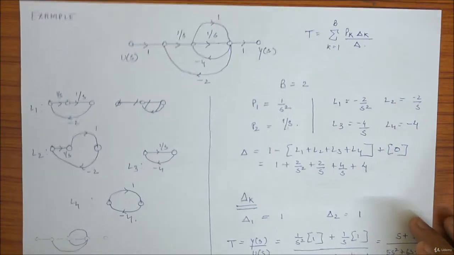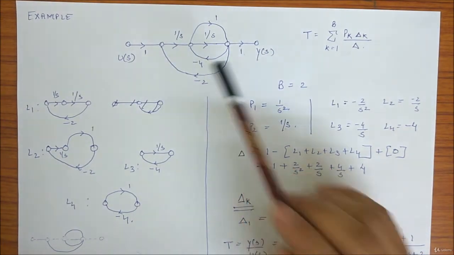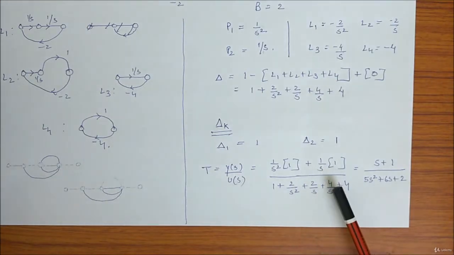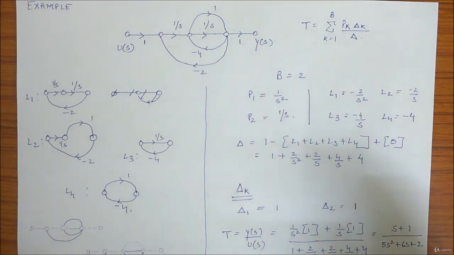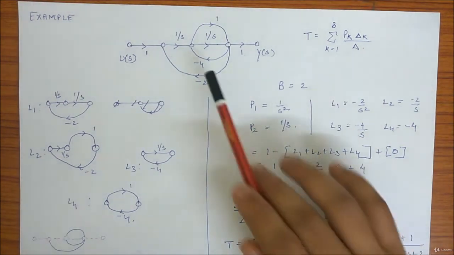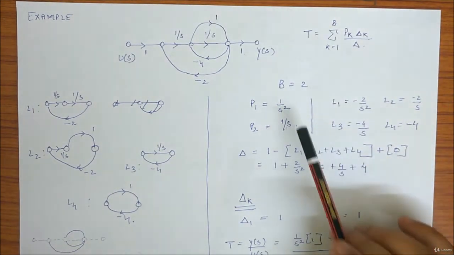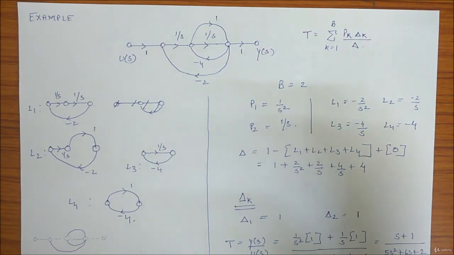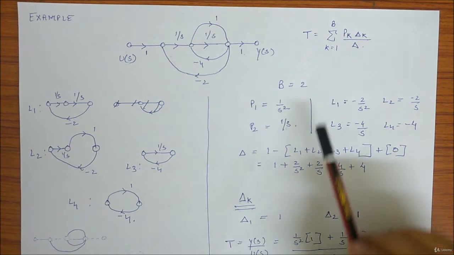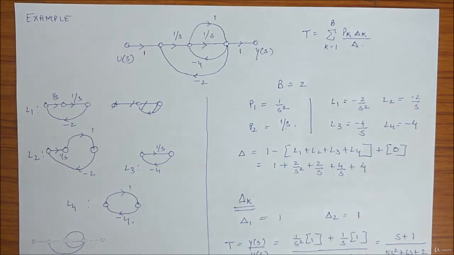And sometimes what happens, if the question is very easy, I will see the SFG and directly put the values here. Means if a good student who is in practice of signal flow graph, he can do something like this. But in the initial stage, you should not do such a thing, because there are chances of making an error. So it's better you stick with this much information and write like this. When you are in very good practice, then you should directly jump to this point.